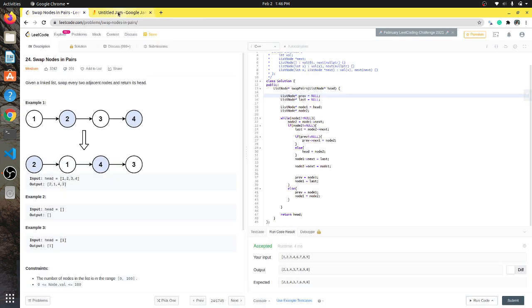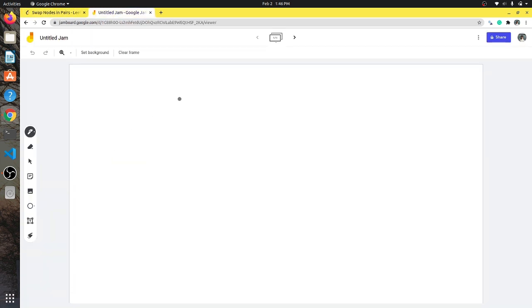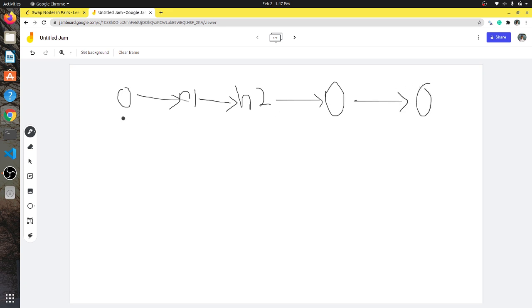We know that we have to swap two elements. Let's suppose we have to swap node 1 and node 2. Before swapping in a linked list, let's consider an intermediate case first.